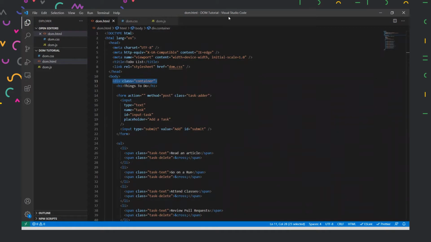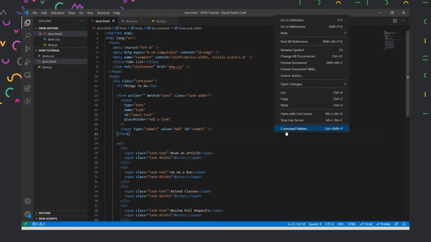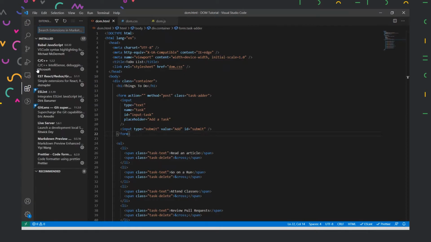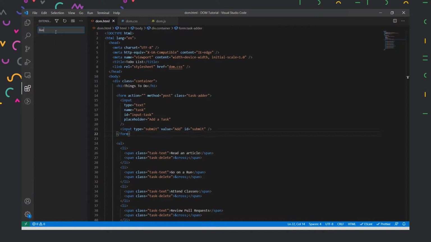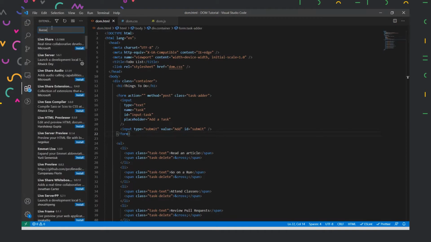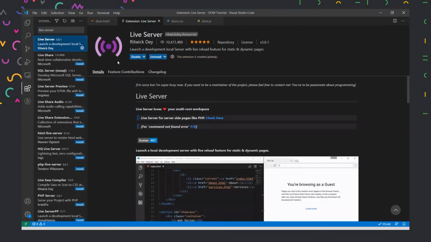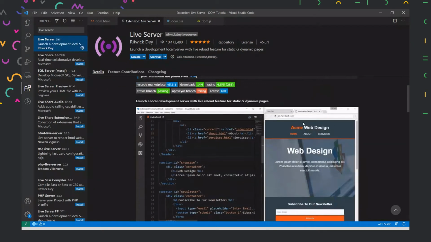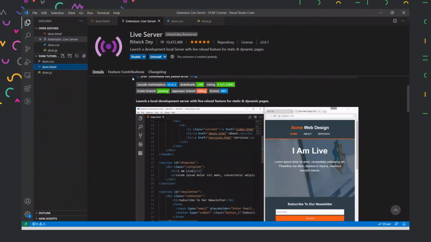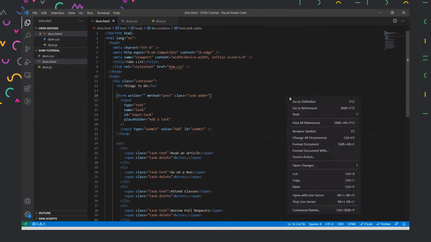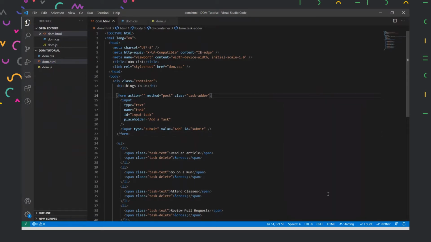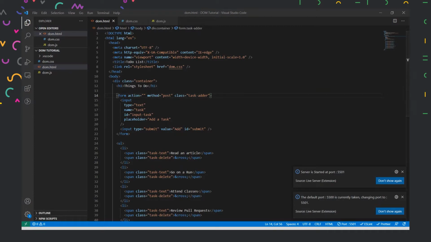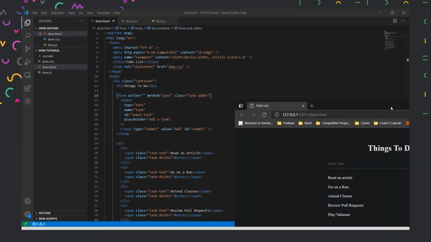So now if I open this in our live server, like I told earlier, we have an extension called live server. If we go to extensions in VS Code and type live server, yes, this is the tool we are using here. What this basically does is as soon as we save the page, it will reload the page automatically. So we'll open this in live server. I'll right click on HTML file and I'll click open with live server. This should open our app which we are creating.